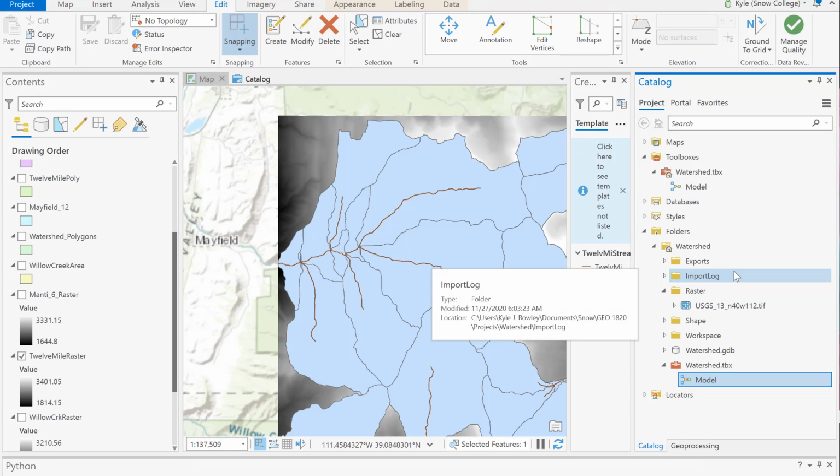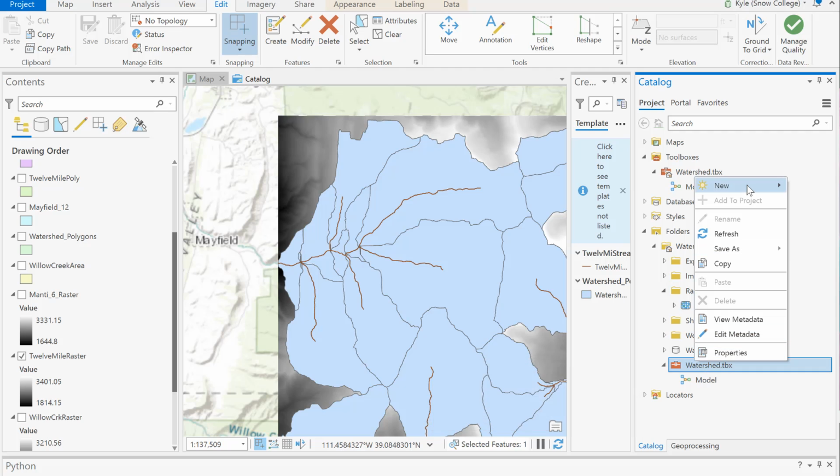In this video, I'd like to show how to create a new model, how to add tools from your geoprocessing tools to your model, how to change the names of outputs in your model, and how to create and work with parameters. So first off, I'm going to come within my project to my toolbox, right-click, and add a new